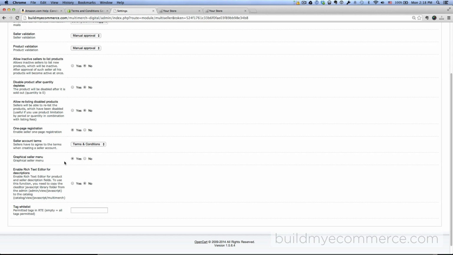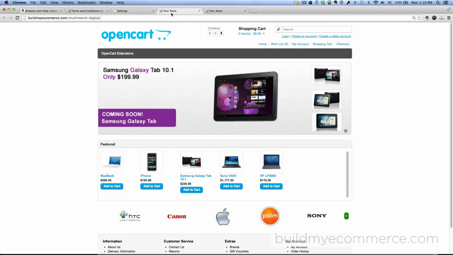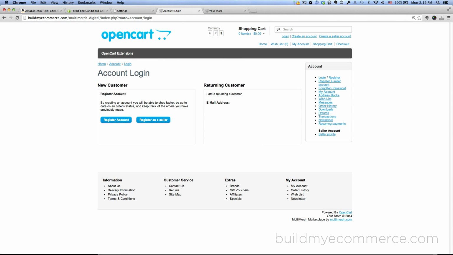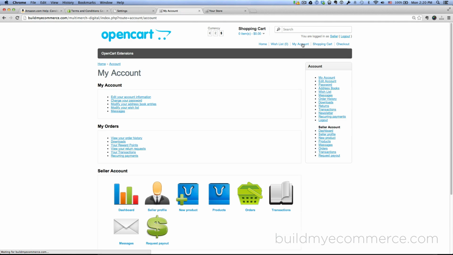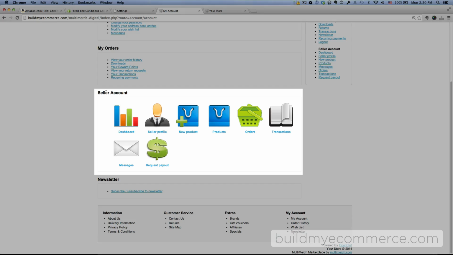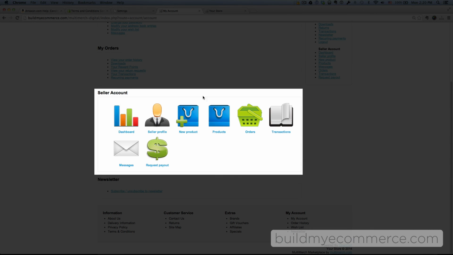Next, let's talk about the graphical seller menu. Currently it's set to yes. So let's go to the front end of the store, and then let's log in as a seller. So I'm just going to log in as seller1 at buildmyecommerce.com and enter the password. Click login, and then if you go to my account, under the seller account section, you can see the